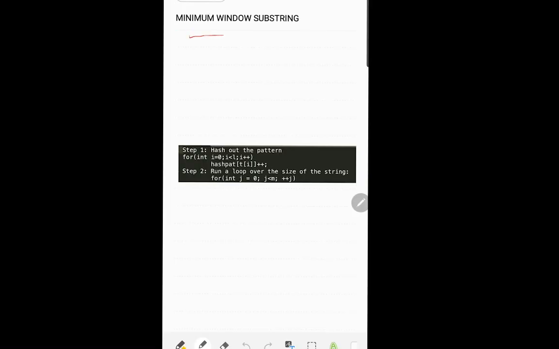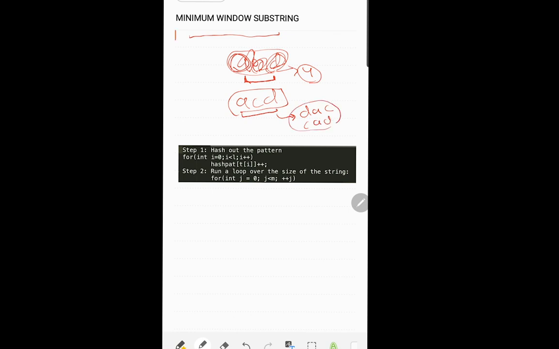The question we're discussing is minimum window substring. So what does this question say? If you have a string A, B, C, D, this is the given string, and you have to find the pattern A, C, D. So you have to find the minimum window within this string that contains A, C, D. That would be the entire string A, B, C, D, because you can see it has A, it has C, and it has D. So this window of length 4 will be our answer. Now, an important thing to note: the order does not matter. So instead of ACD, if we were given DAC or CAD, that is any permutation of it, then also the answer would remain the same.